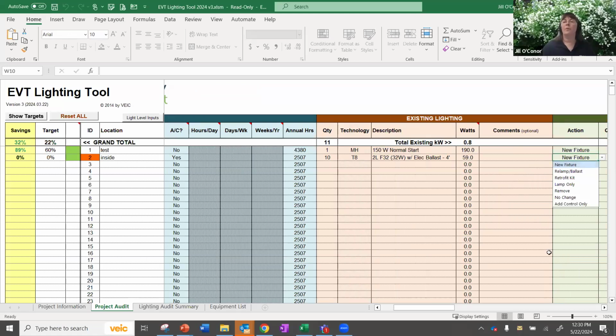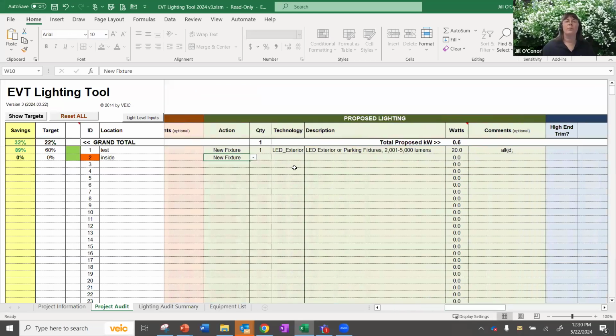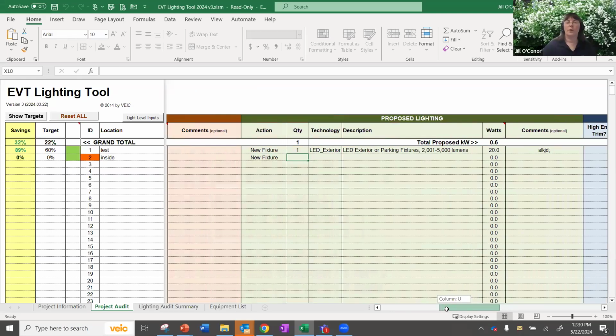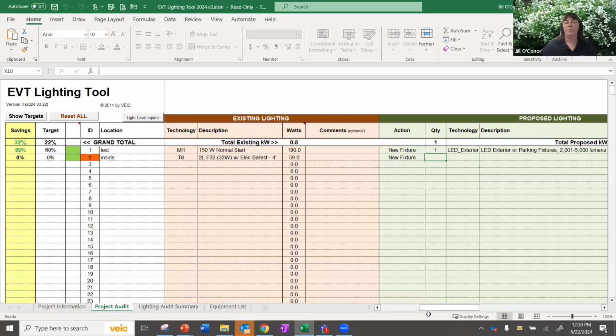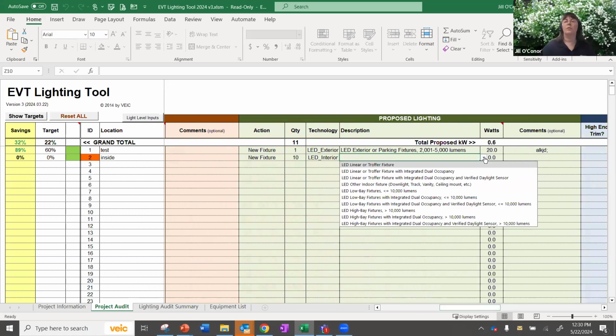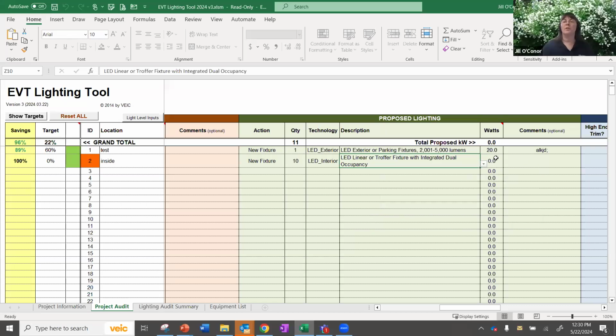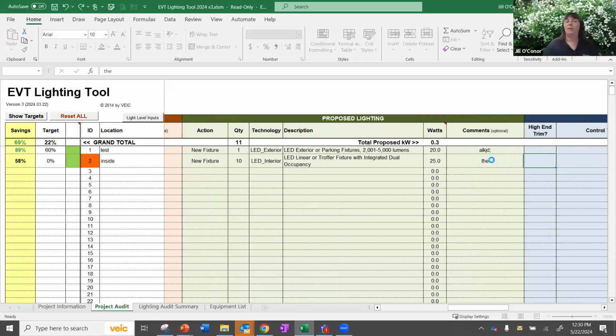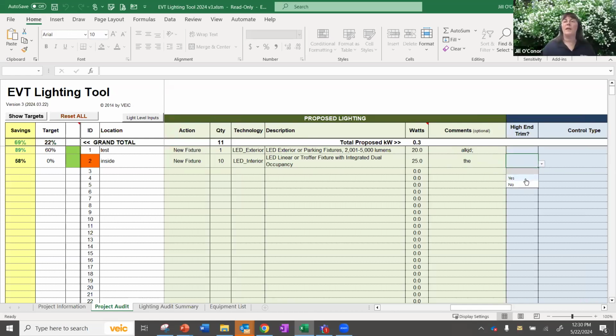We're putting in a new fixture. And there's going to be, how many did I say? 10 of them. New interior. It's going to have dual occupancy daylighting. It's a troffer fixture, so it has integrated dual occupancy sensors. It's 25 watts. It's product V. And there's going to be high-end trim